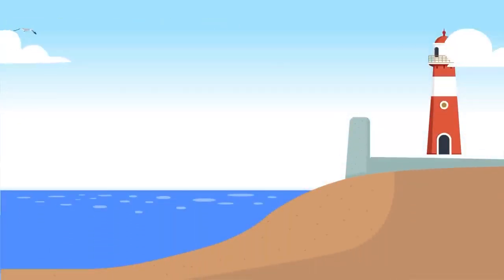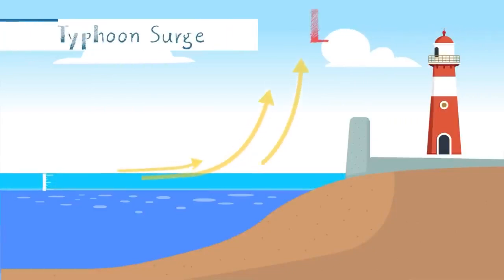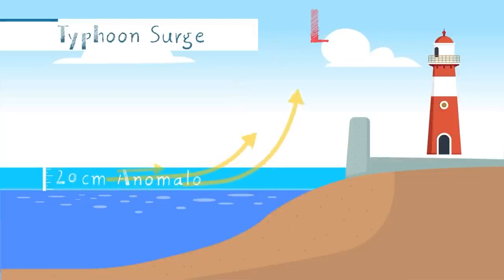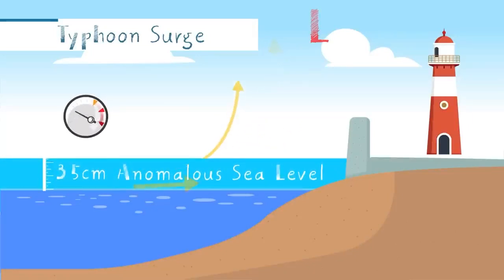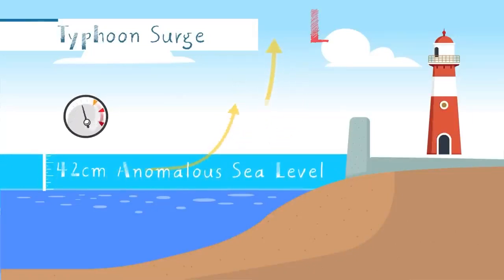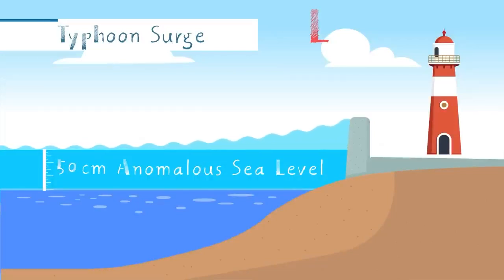Intense typhoons cause sea levels to rise, and this is called a typhoon surge. The sea level rises due to the low air pressure and winds of the typhoon. More specifically, the sea level rises 1 centimeter for every 1 hectopascal decrease in air pressure. A typhoon surge is when the sea level below a low air pressure zone rises by around 50 centimeters. These typhoon surges cause even more damage when they occur at high